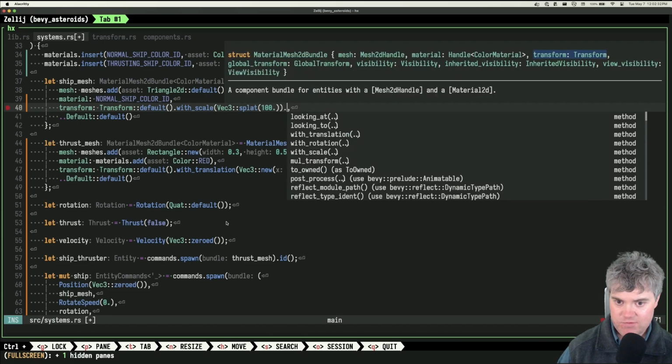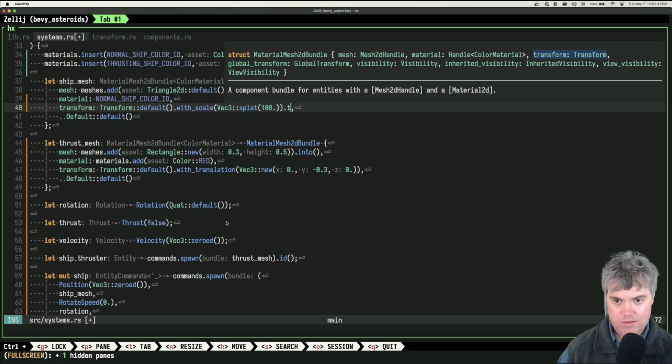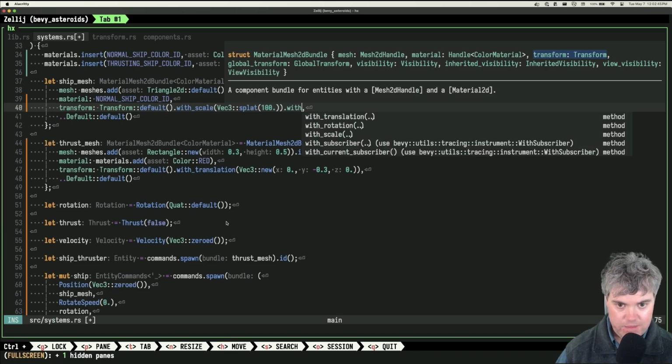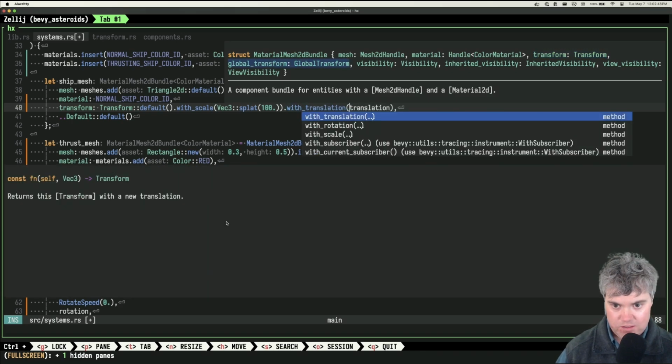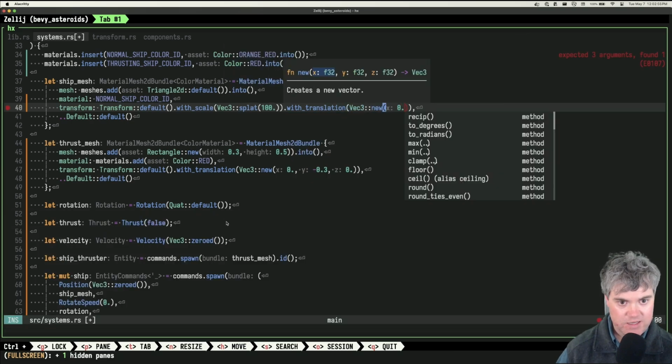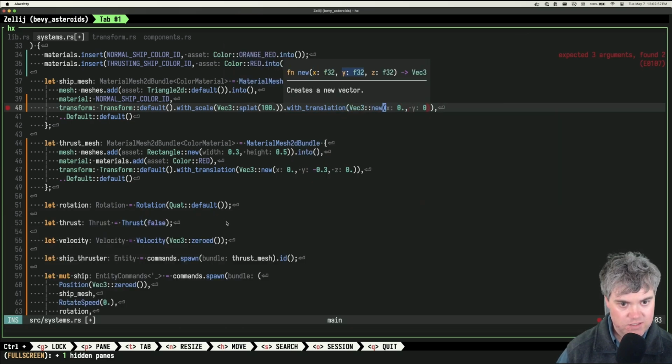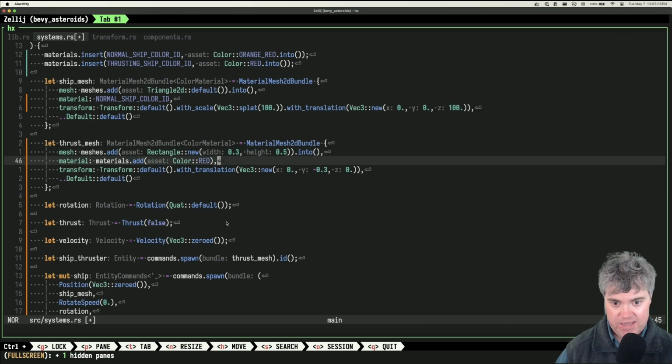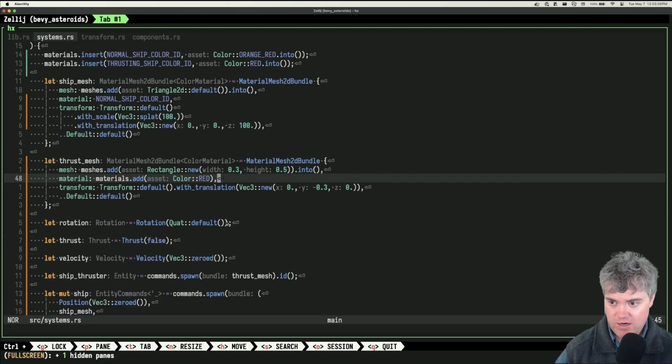It might be a transform. Okay, so with translation, a Vec3, you're going to be all zeros, except we're going to make you be on top of everything else. We're going to say 100. And Z, you're 0 there.